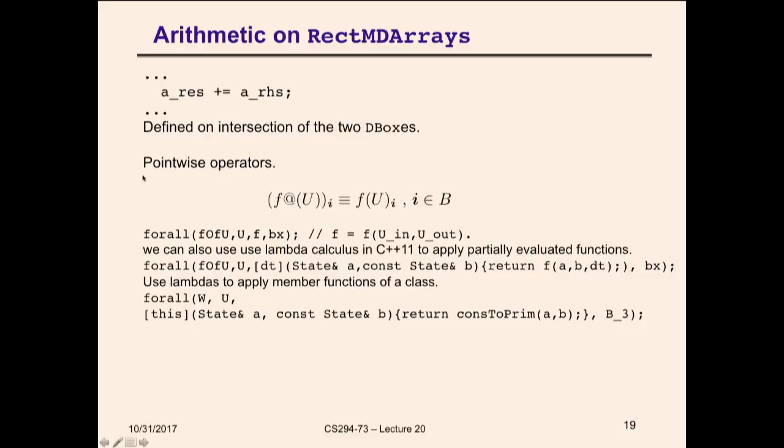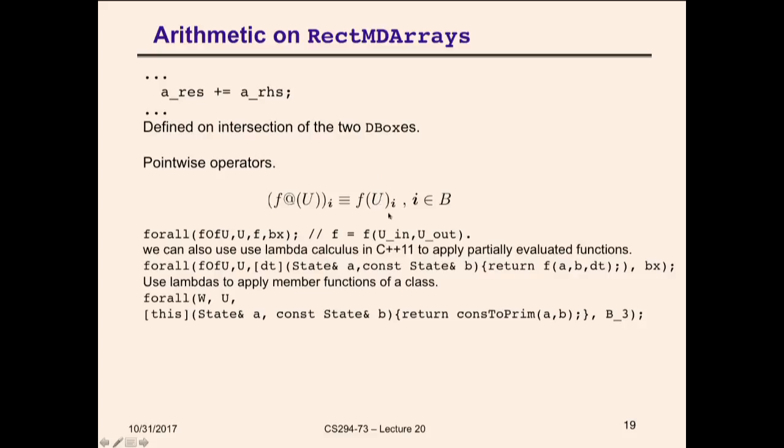Now, there's a much more general version of this that you need to be able to do, particularly when you're doing nonlinear problems. And that's pointwise operators. This is an ancient notation from functional programming, where we define an operator to have a function that applies to the space of values that an array takes on. So let's say u was real valued. This would be a function that takes as an argument a real and returns a real. So how do you promote such a function to act on arrays? Well, this is f applied to an array u, evaluated at I. That's equal to f of